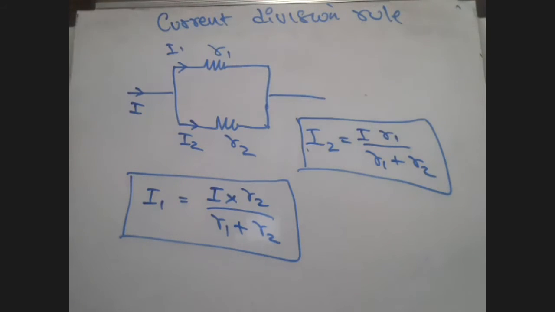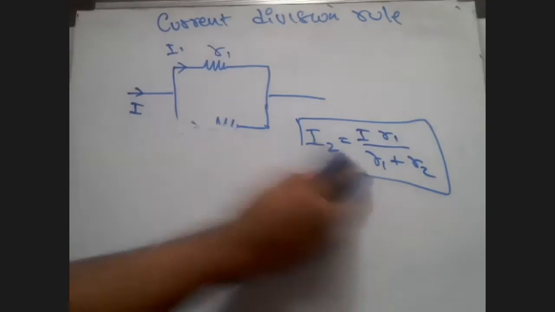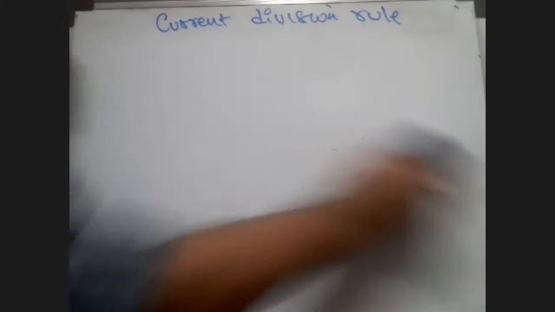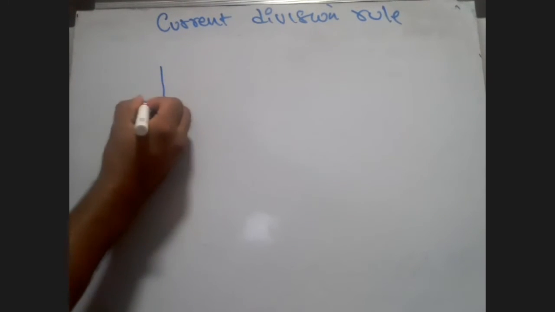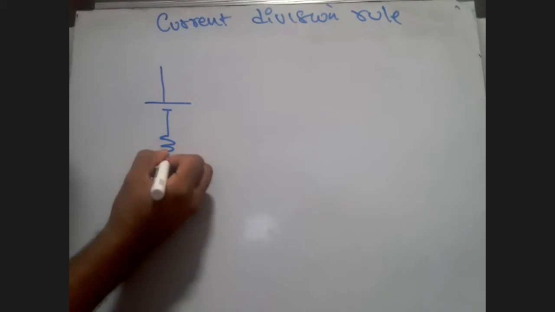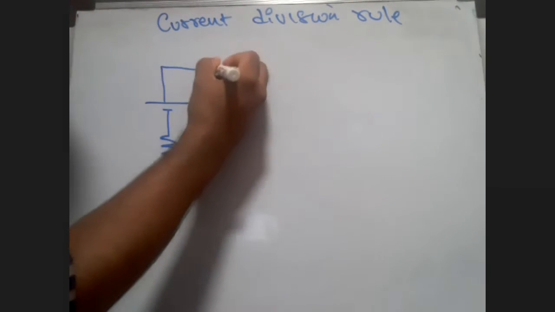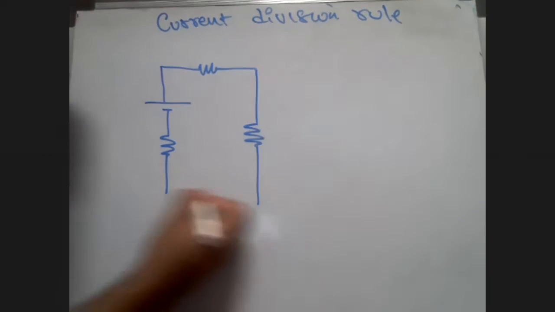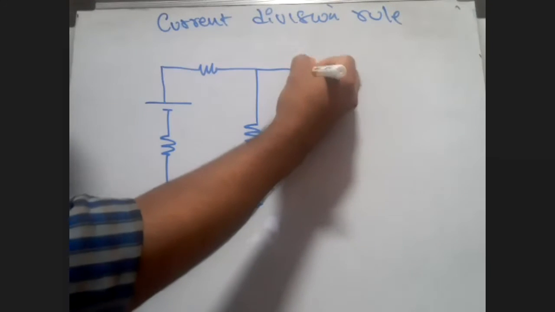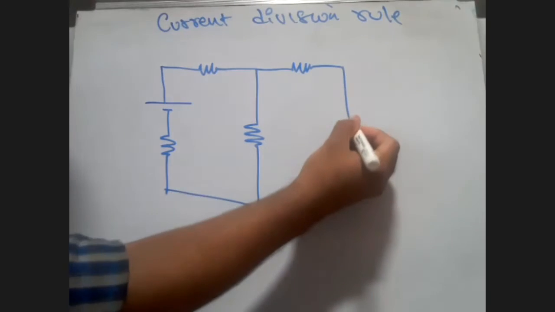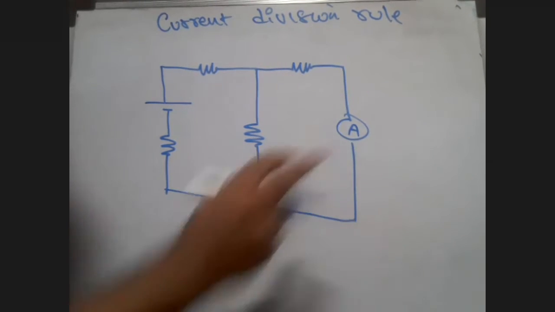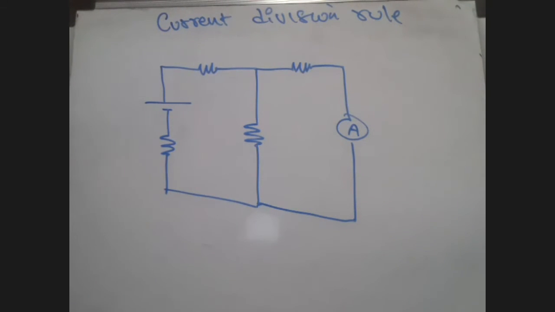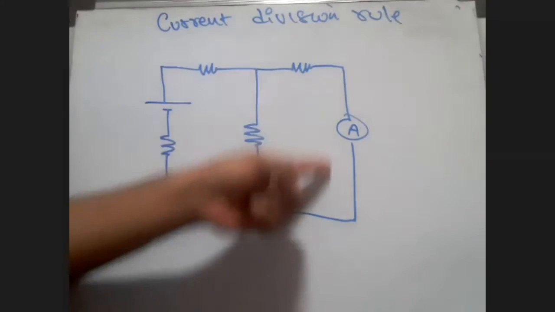We will go through one of the two sums which we had done previously, then onwards we will go to different sums. So please pay attention. I don't want to waste time. If this is 9 volts, this is a resistor here, one resistor here, another resistor here, and another resistor here, and let's say there is a measuring device here, an ammeter. Don't worry about it. It's only used for measuring current. My question is to simply find the current through this.